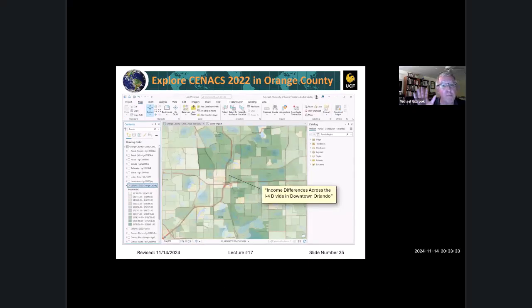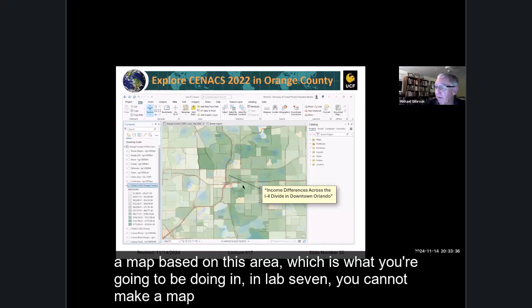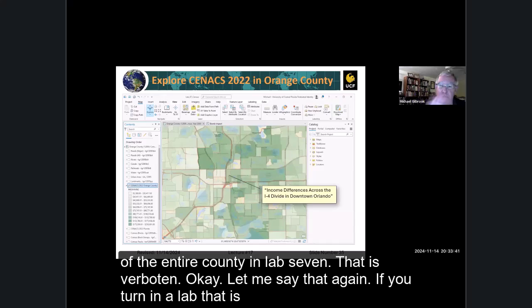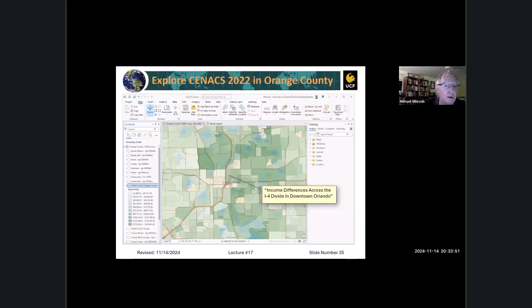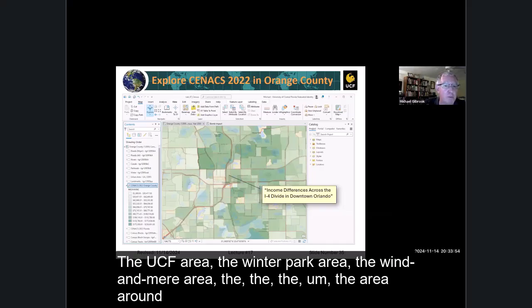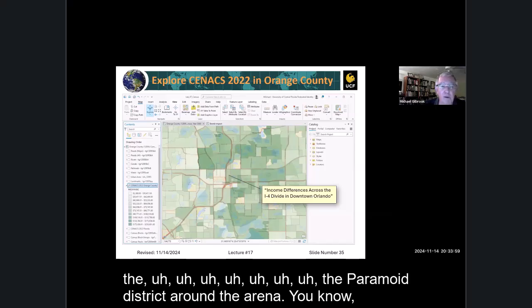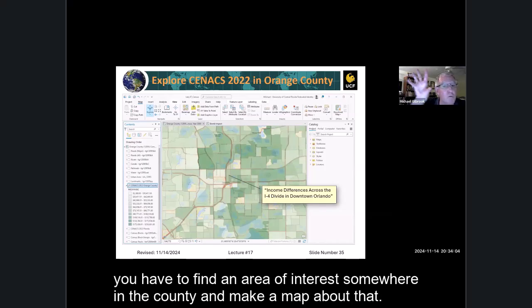If I was to create a map based on this area, which is what you're going to be doing in Lab 7, you cannot make a map of the entire county in Lab 7. That is verboten. Let me say that again. If you turn in a lab that is all of Orange County, you're going to lose points. You have to find an area of interest somewhere, the UCF area, the Winter Park area, the Windermere area, the area around the Paramore district around the arena. You have to find an area of interest somewhere in the county and make a map about that